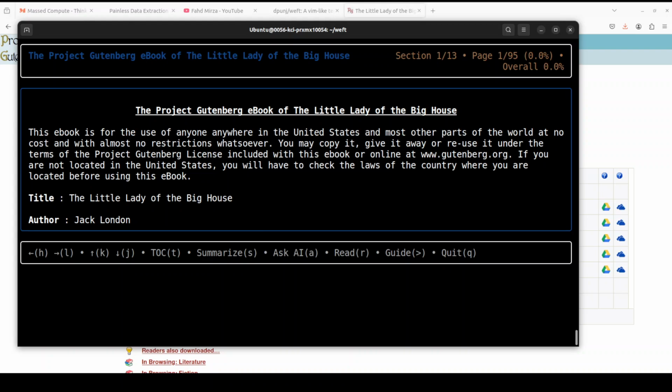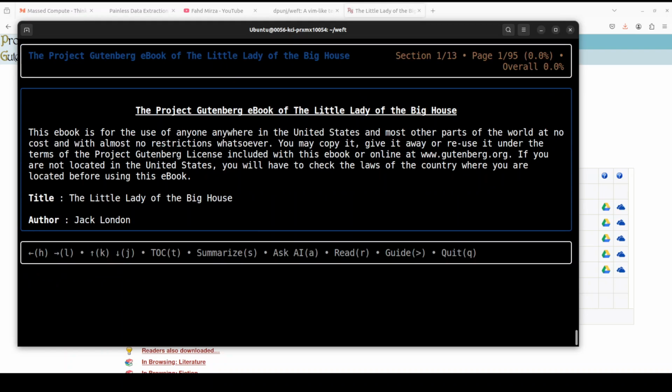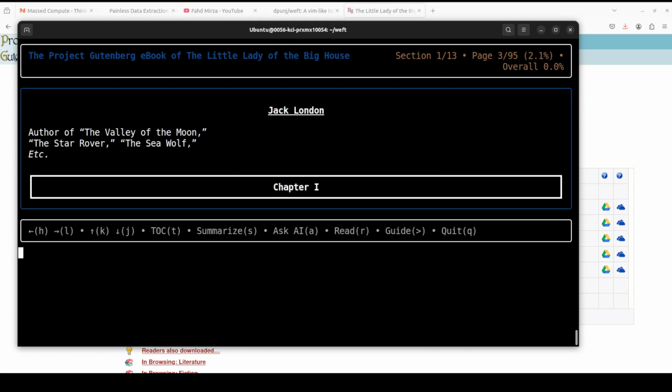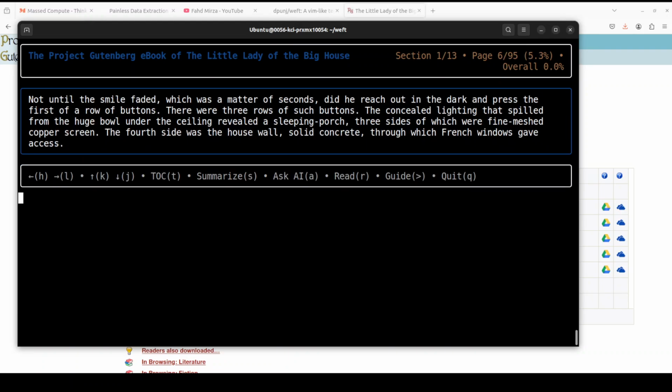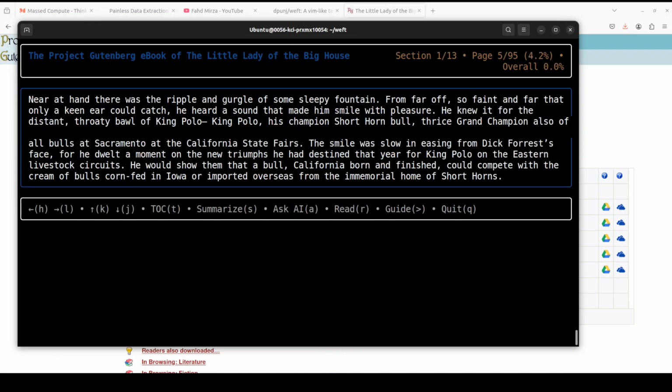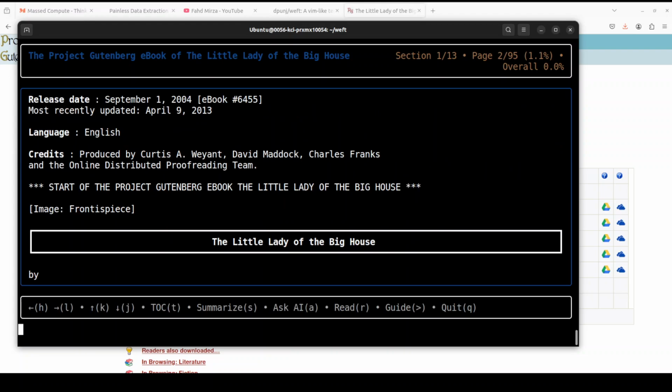You can also summarize by just typing S, and there you go. There is a summary of it, and then you can press enter to continue. We are back, and then you can go up and down. So if you press J, I am going down. So keep reading the book, and you can press K here to go back. How good is that? So I'm just going back here,